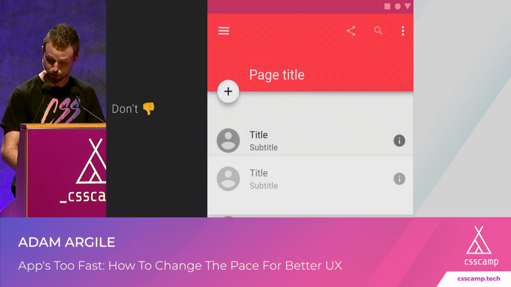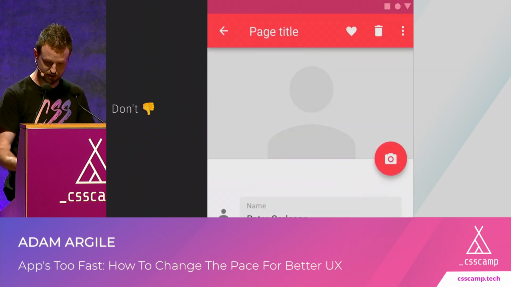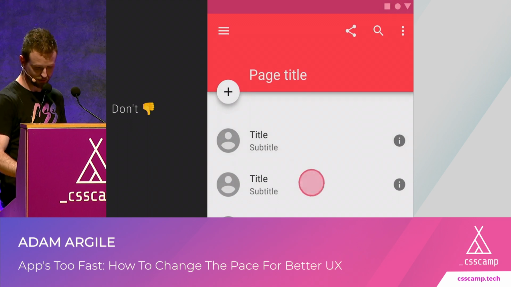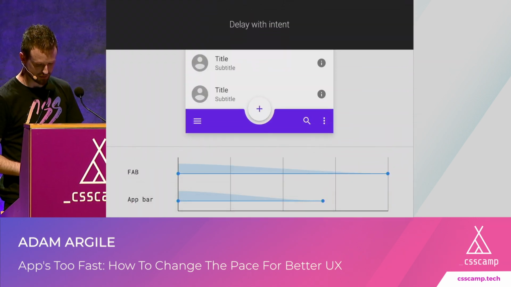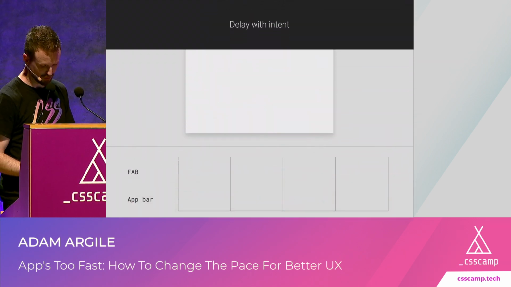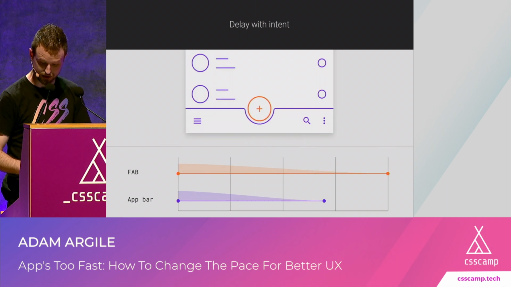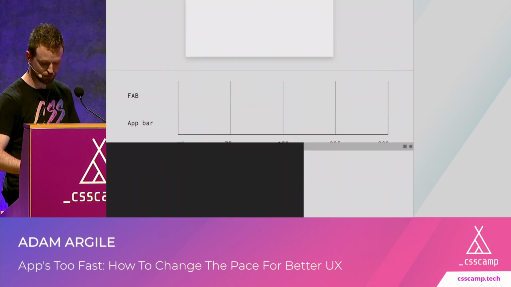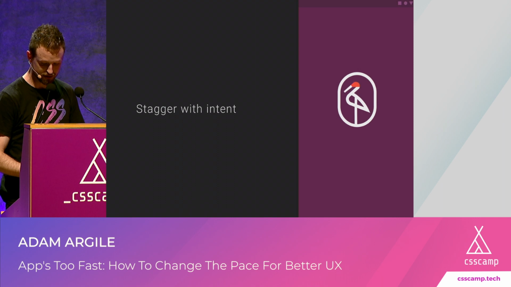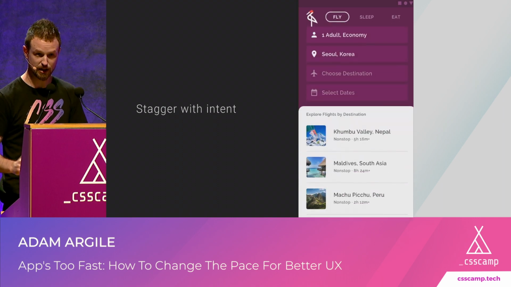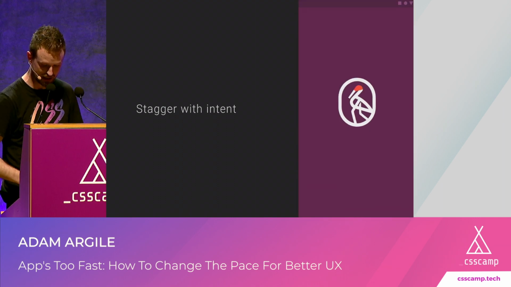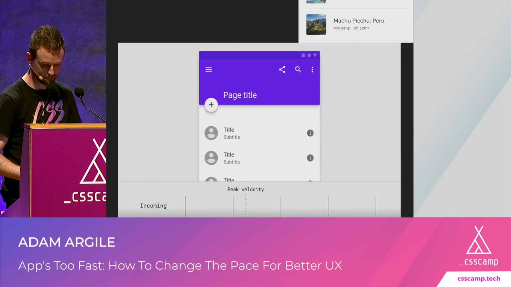So don't orchestrate like this, where everything transitions at the same weird easing, it's just sort of all funky. Do something more like this. Where you're drawing focus, the last thing to animate is the thing that the users need to interact with or that you want to draw focus to. Stagger with intent, because staggering can help time feel faster. There's like 1.5 seconds happening here. It doesn't feel that long.